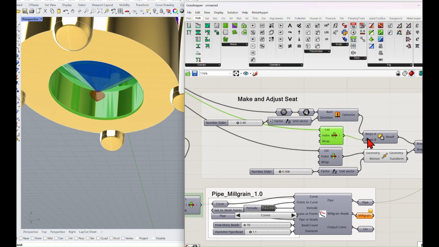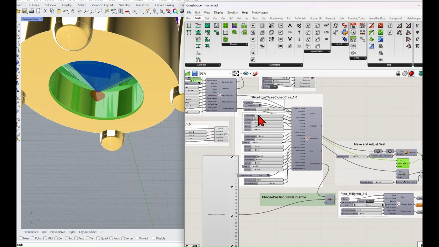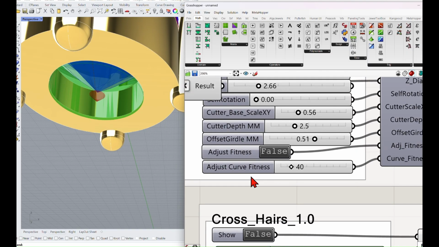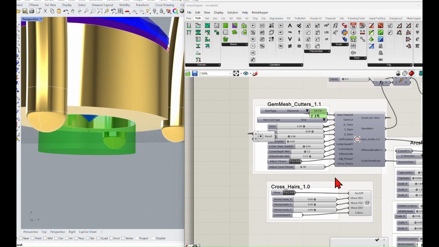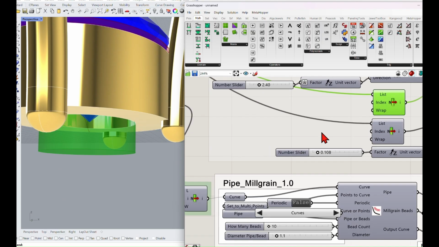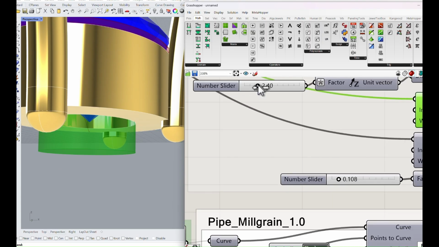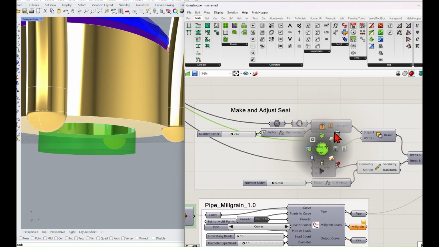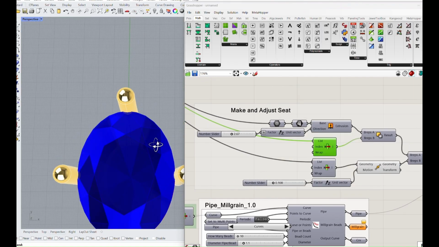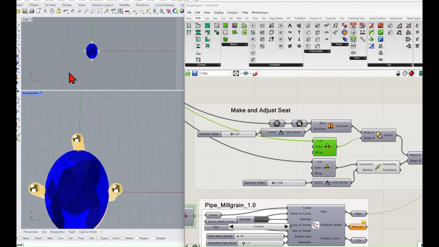So we might want to use the cutter depth a little here, and this will allow us to bring this down here. So there we have the first part